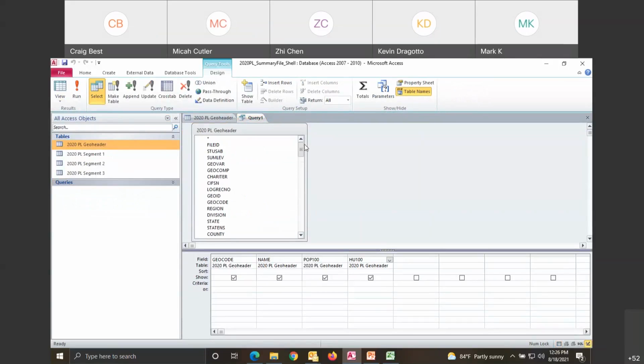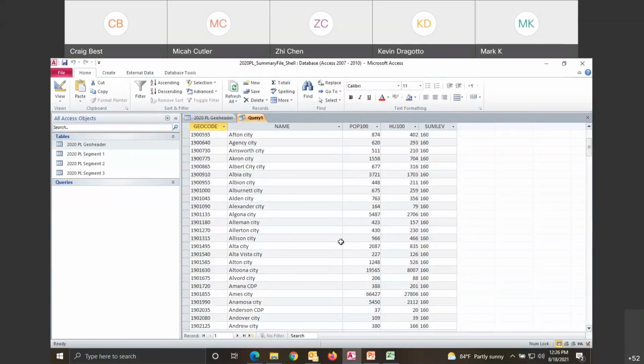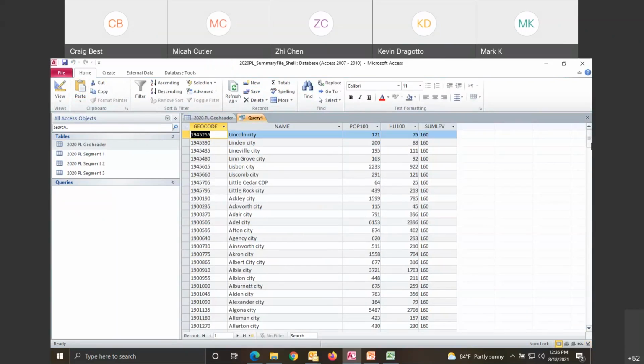Well, if you remember, we talked about SumLev, summary level. And that's the piece that will start to give us a little more sense to our file here. If you remember, 160 was the summary level for places or cities. So if I add the summary level field and I put in a 160, and then I do a run, now we see the cities in Iowa, just the cities.